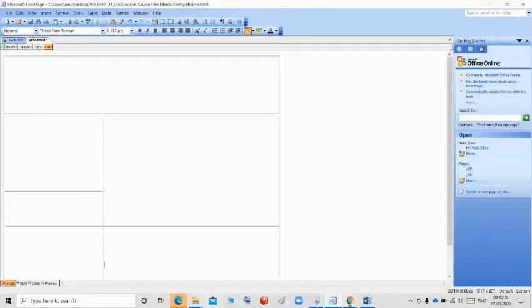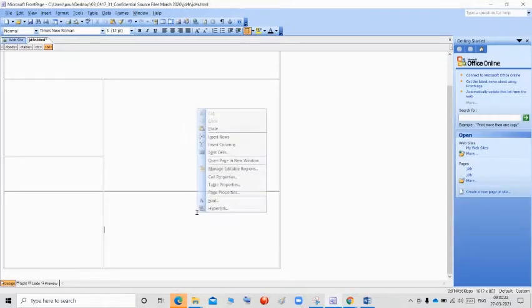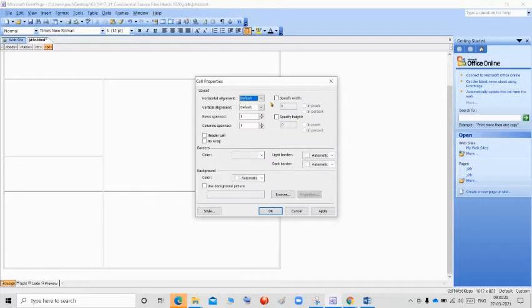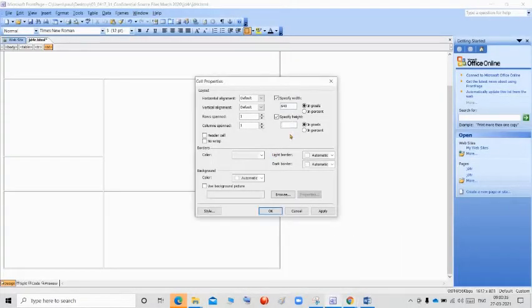For the last one, we want to give 640 and 270. So for the last one, go to the cell properties, select the width and height, 640 and the height will be 270. Give the height as 270. Apply. Click OK.